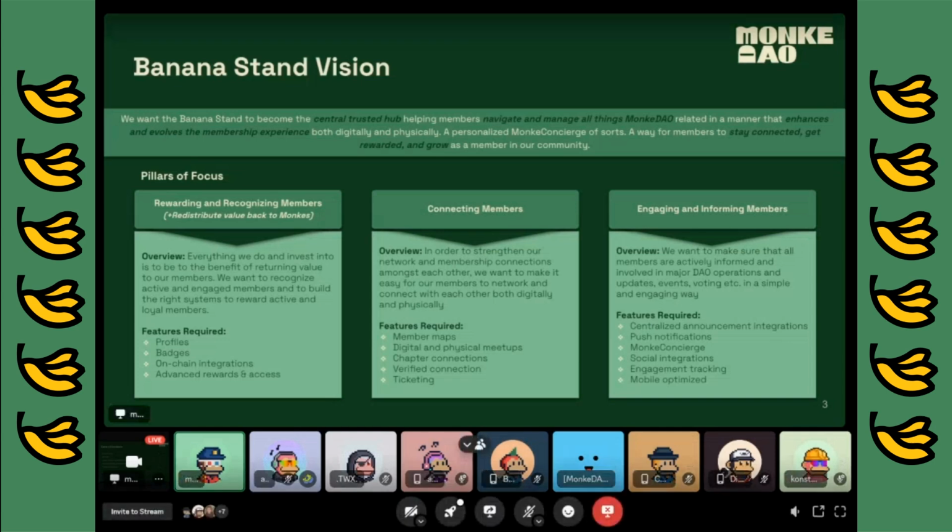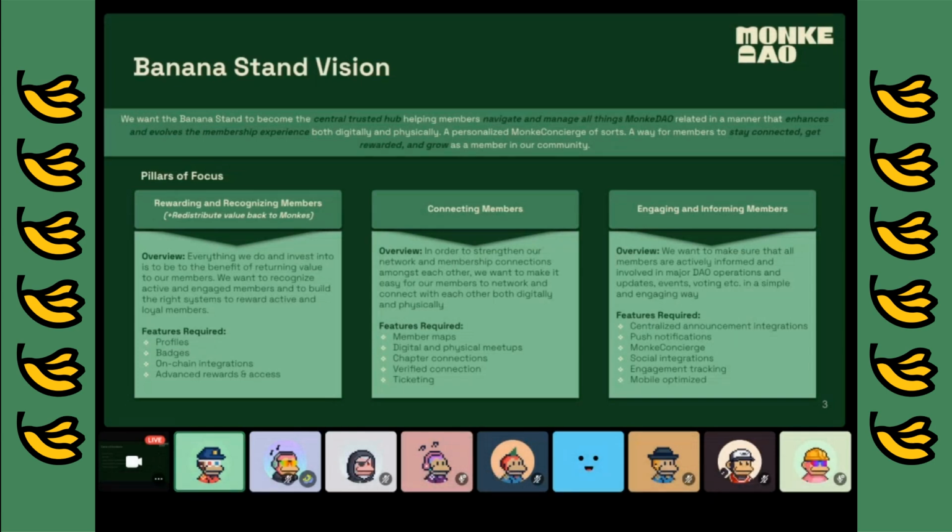Discussing and looking at how we can bring IRL subscription services into our Monkey network as well. Won't dive too much into that, as you know, a lot of things are currently going on in the background, so I don't want to spill too much. But essentially, imagine your experience of being a Monkey holder more than just simply a barrel drop or a